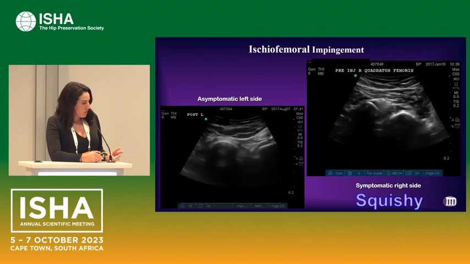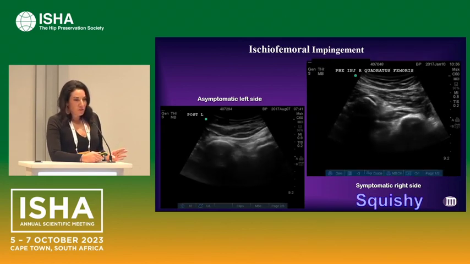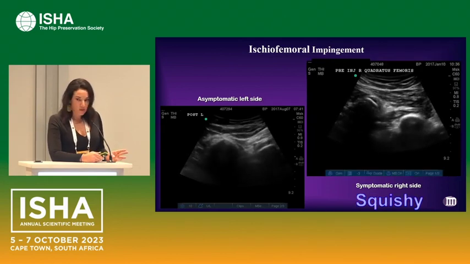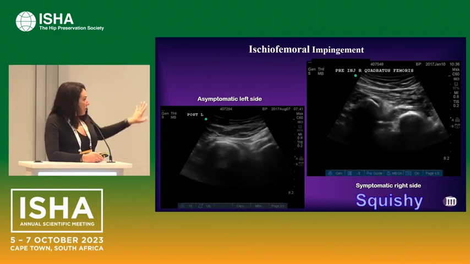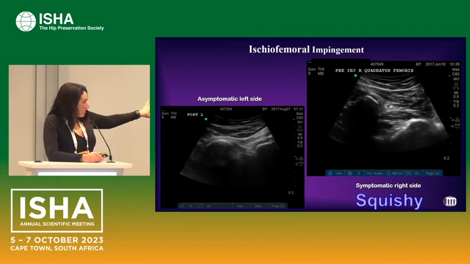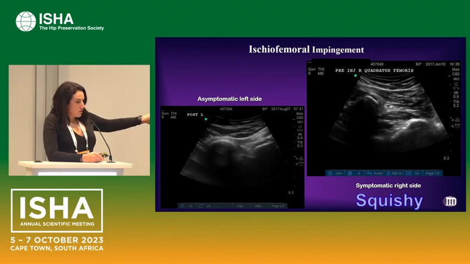However, on the flip side of that, we have what we call squishy. And really, this is a dysfunction of the quadratus femoris in that space, so in that ischiofemoral space. And what we see, again, you have your normal side here, the asymptomatic side, but on the squishy,